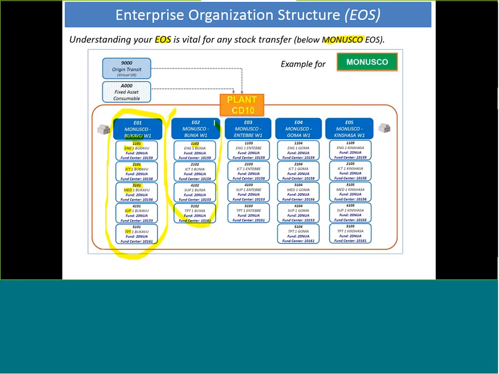These ones are the ones for Bunia, okay? Then we have Entebbe, Goma, and Kinshasa, all right? So for each region, there are different storage locations. So the boxes in white are the storage locations, and as you can see here, each storage location is linked